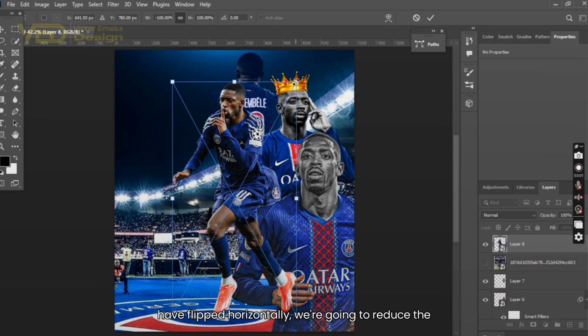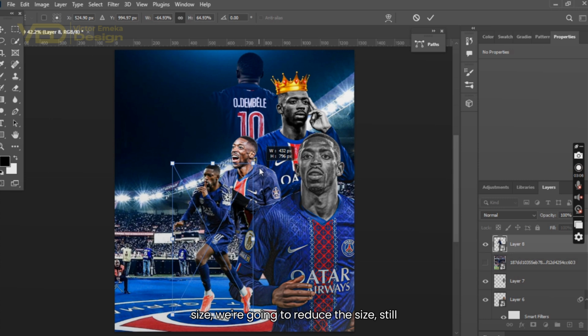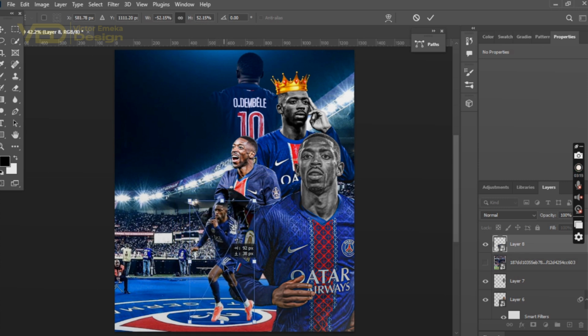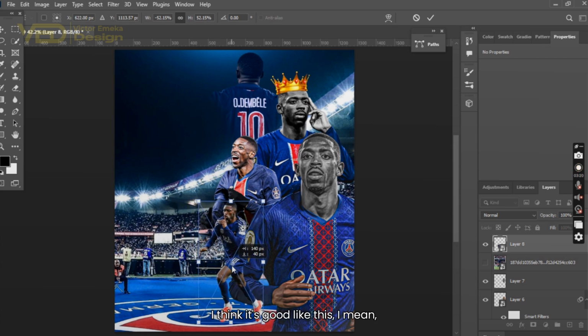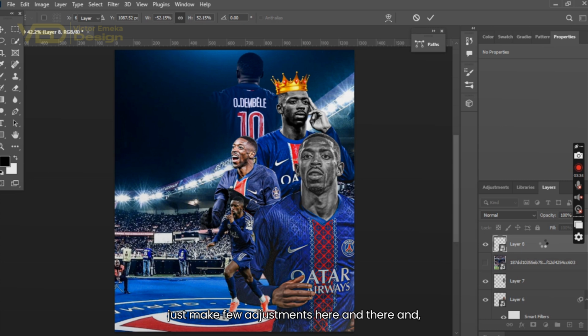So once we have flipped horizontally, we're going to reduce the size. We're going to reduce the size. Still have to reduce it a little bit more. I think it's good like this. I mean, what do you think? It's good like this. Just make few adjustments here and there,